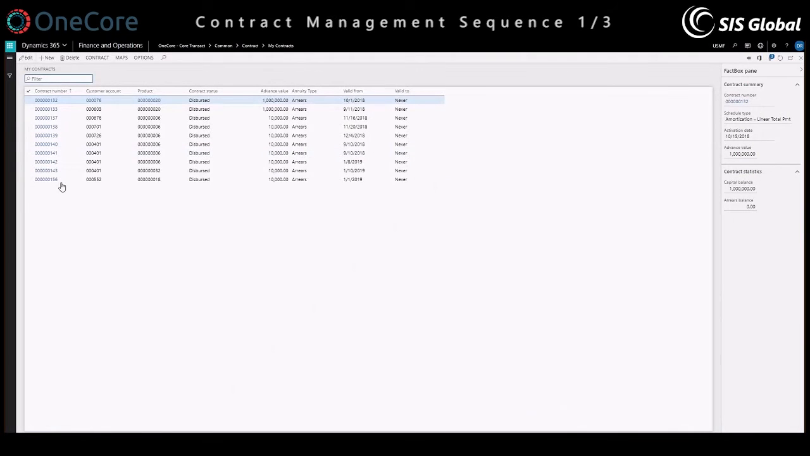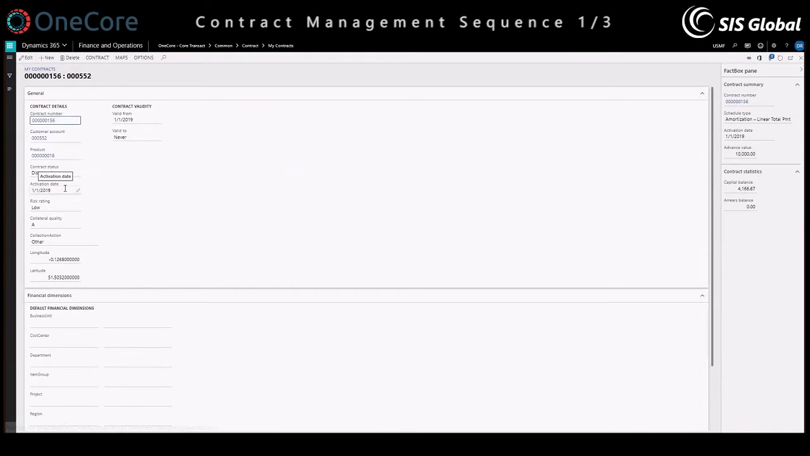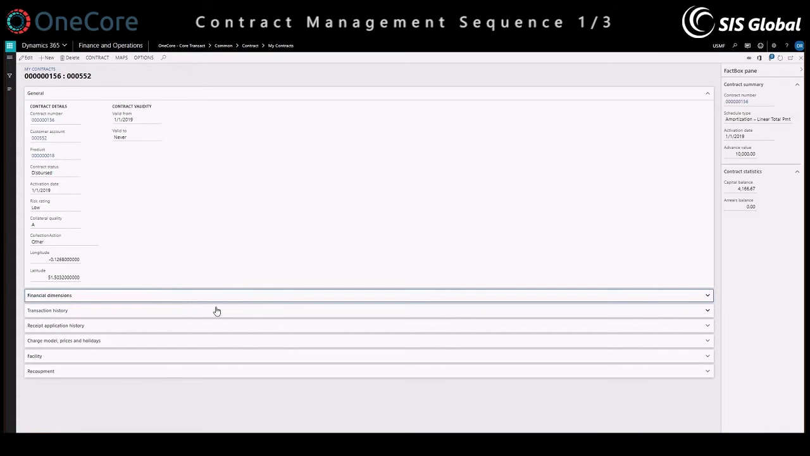I want to open my most recent contract, and I'd like to draw your attention to the right hand side. Here you have a fact box detailing all contract specific information. This is once again completely configurable, and it's a great place to give you an overview of contract